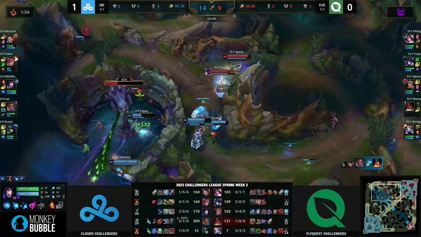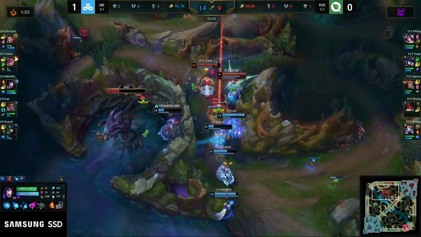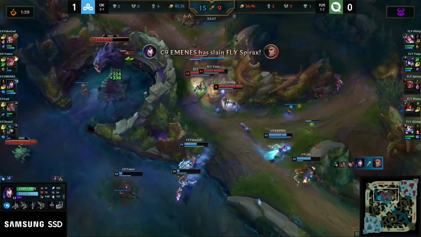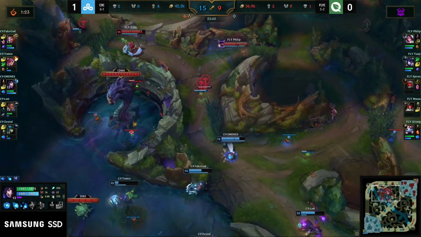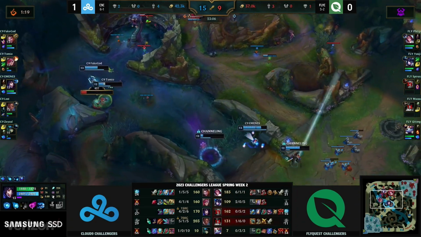That's one member gone. Yuji's still looking. He gets the ult. Oh, but they didn't get Lost with the Glacial Prison. Instead, it's Zeyzal. Lost still untouched. Zeyzal might be the casualty, as Spyrex is taken down again. They cannot kill Lost. He just continuously gets out, and Cloud9 are baiting FlyQuest into giving up kill after kill